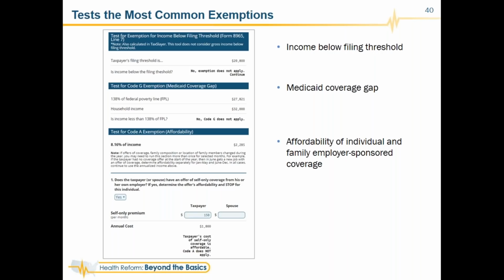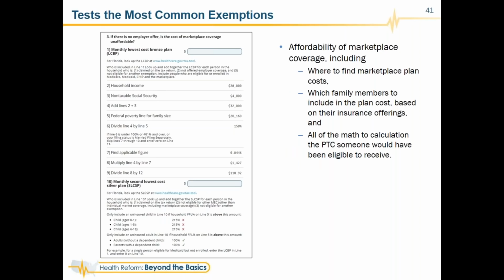And then it goes into the test for the affordability exemption. First, starting with whether or not someone has affordable employer-sponsored coverage, and then going through the test about whether someone had affordable marketplace coverage. Now, there are a lot of bells and whistles related to how you calculate this exemption, where you find the lowest cost bronze plan, where you find the second lowest cost silver plan, and lots of rules about who you include among the family members in each of those amounts. And so we've spelled out as much as possible how to apply the rules, including putting the Medicaid eligibility levels for kids and for adults